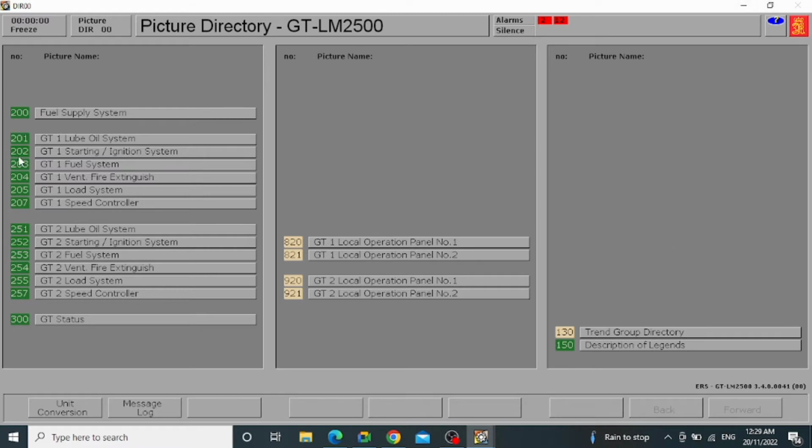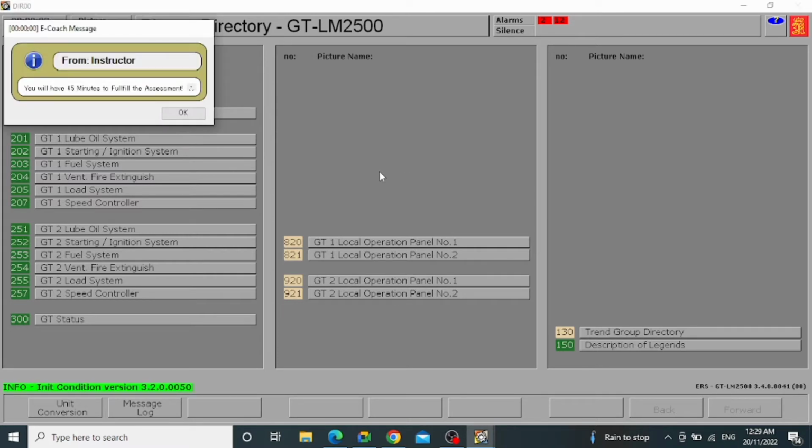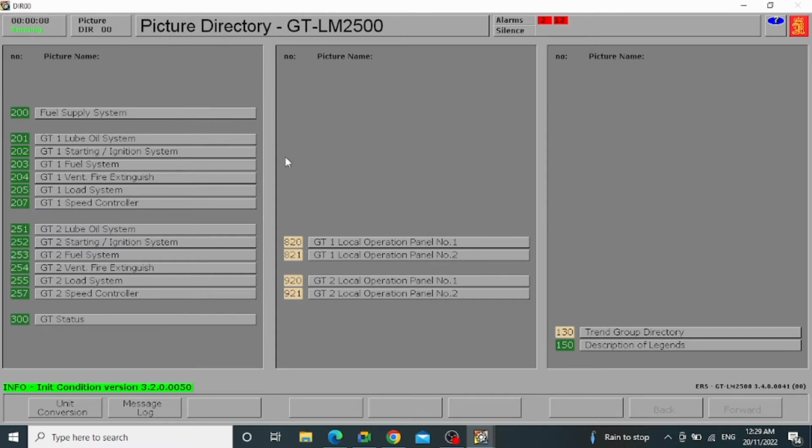So in order to start the simulation, we will be pressing F1. You will have 45 minutes to fulfill the assessment. So first, we'll go to the fuel supply system